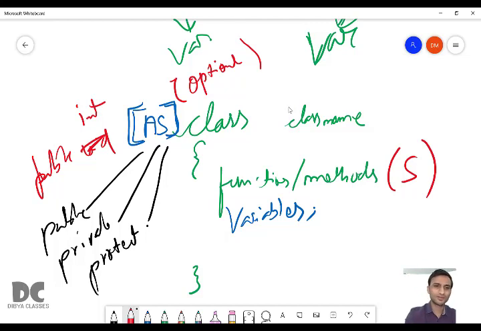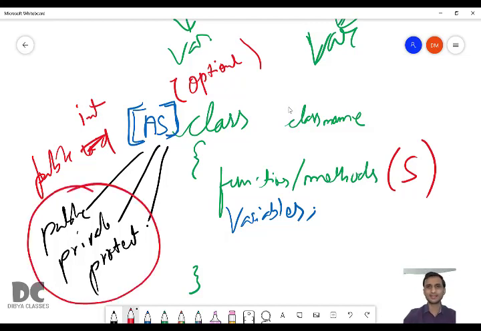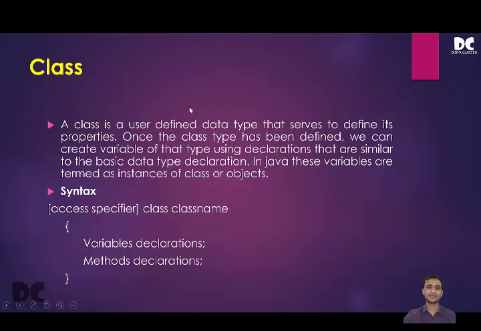So you just have to remember the syntax, that we can also write public class or private class or protected class according to the need. Since it will not be used in our programs, we can skip it. Just remember it for the theory, we will not be using it in programming. So the syntax is the access specifier, which can be public, private, protected, or you can skip it. It is optional in nature. You may write it, you may not write it.